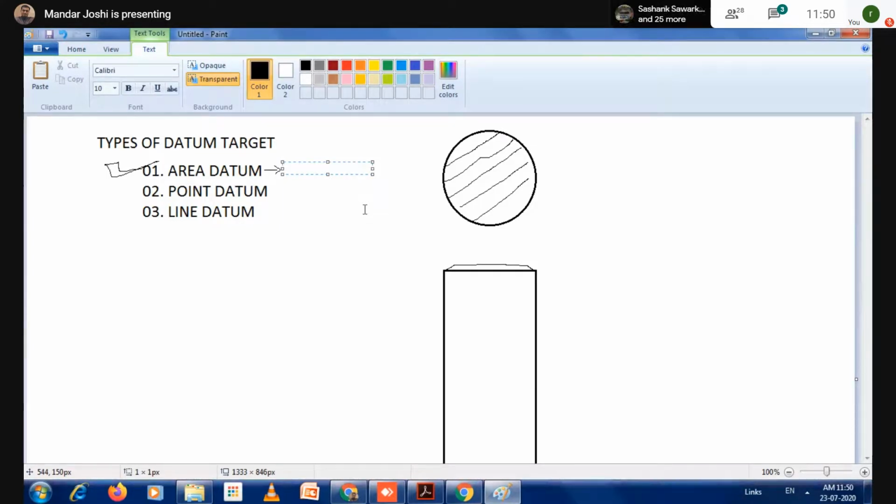So this is a specific gauge. This pin is created separately for the datum target identification purpose. This is not a machine component or any mechanical component. So this is, you can say, a similar kind of mandrel. So you know the surface plate, right?